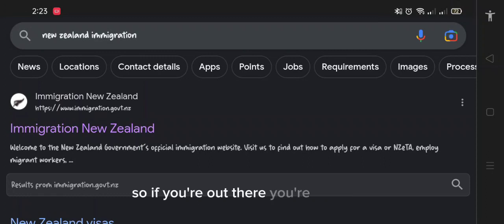So if you're out there, you're unskilled, meaning you do not have a degree probably, or you are an unskilled worker. So if this fits the bill for you and you're interested in going to New Zealand, then this is the opportunity for you. So right here we're on the immigration website for New Zealand, Immigration New Zealand,